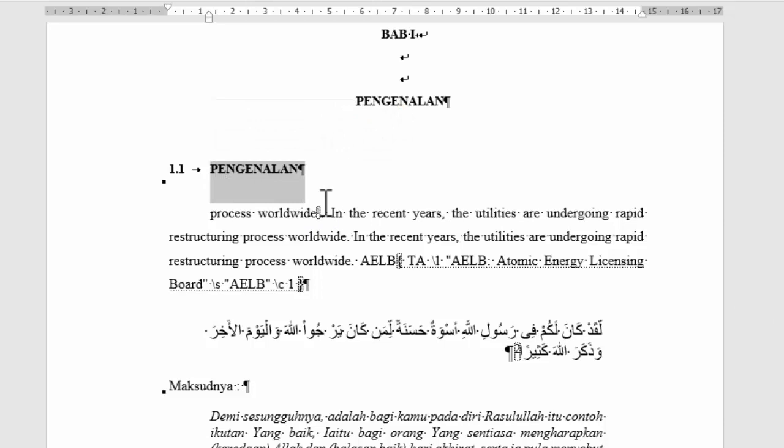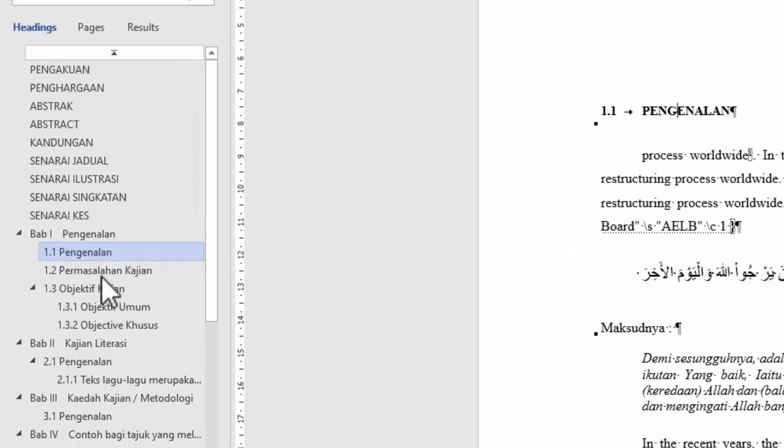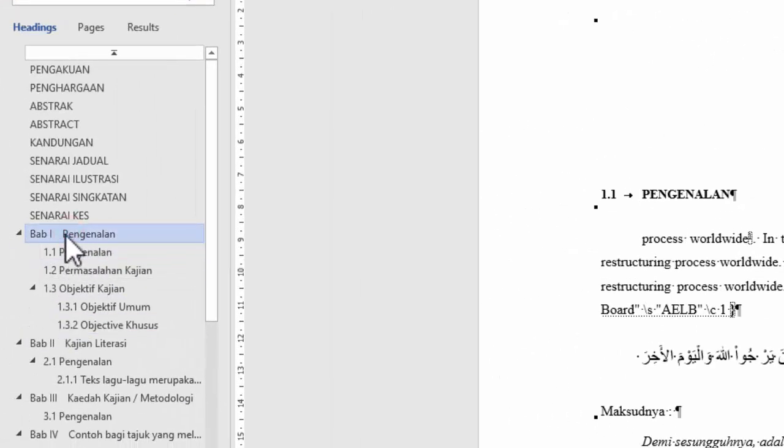So if you write pengenalan, only the beginning is capitalized. On your navigation pane, if you go to bab 1 pengenalan, it will appear as how you typed it, which is capitalized first letter and the rest of the letters in small letters. If, on the other hand, let's do an experiment, you put everything capitalized,